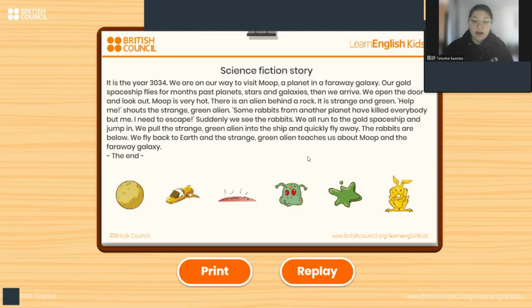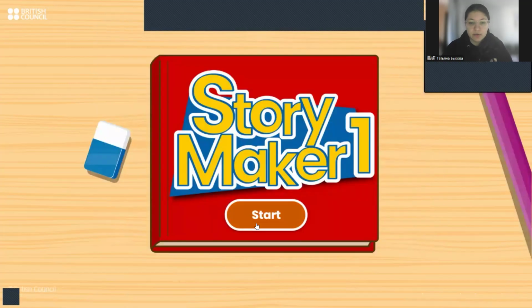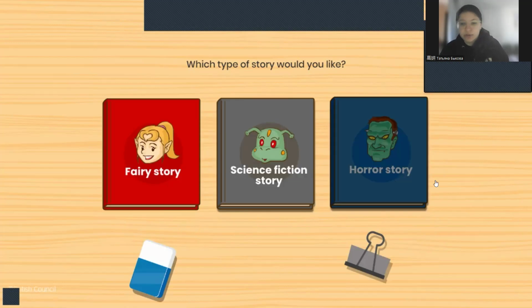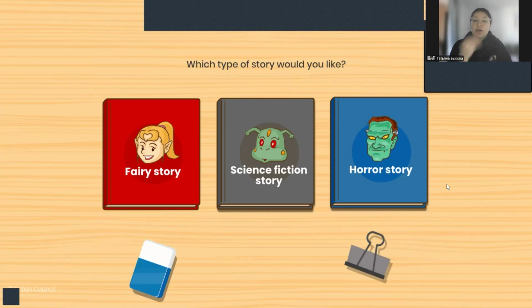But we also have other kinds of stories here: fairy story, science fiction story, and horror story. Maybe some of you want to try a horror story or a fairy story. So now you need to divide into pairs, and each of you needs to use the tool to make your own stories.